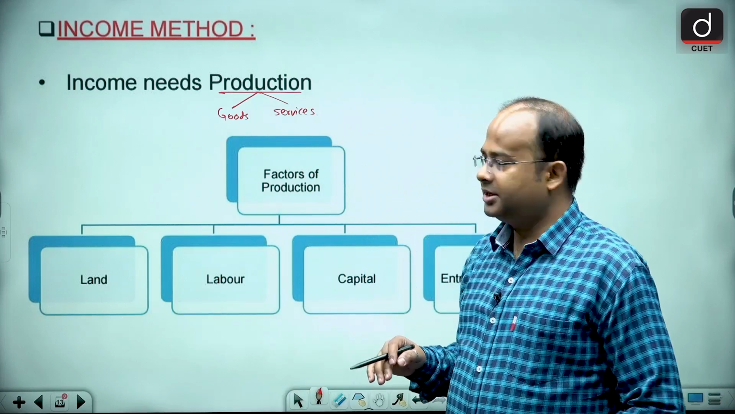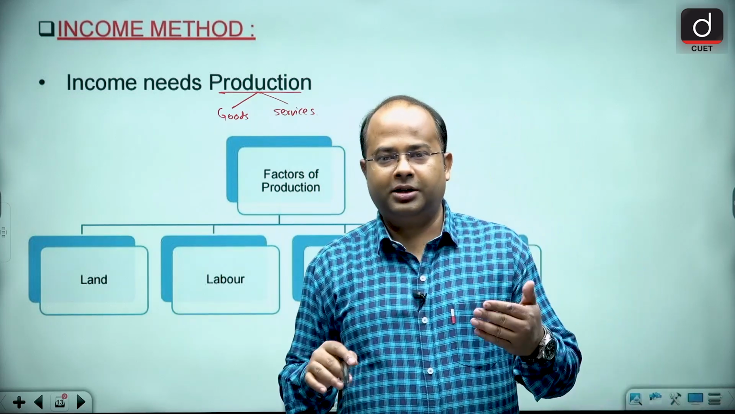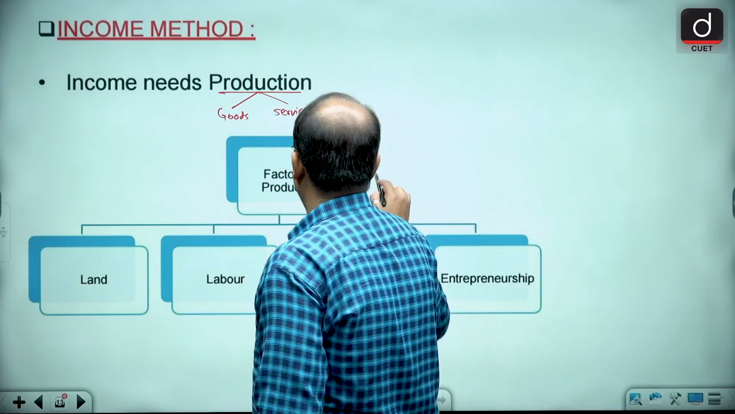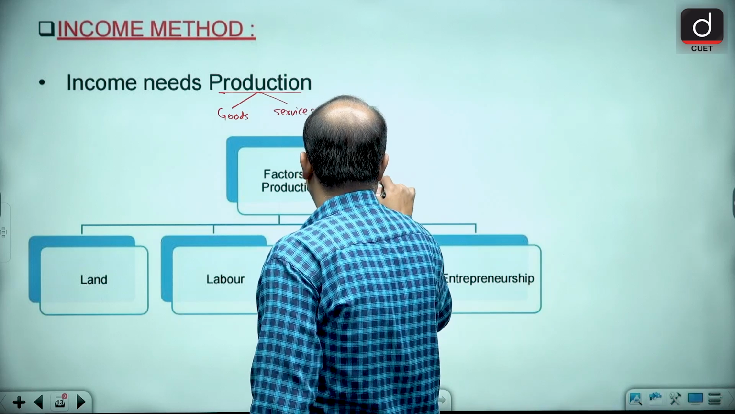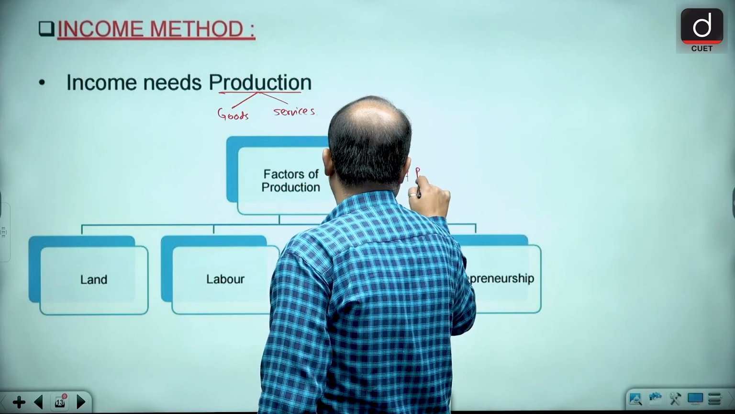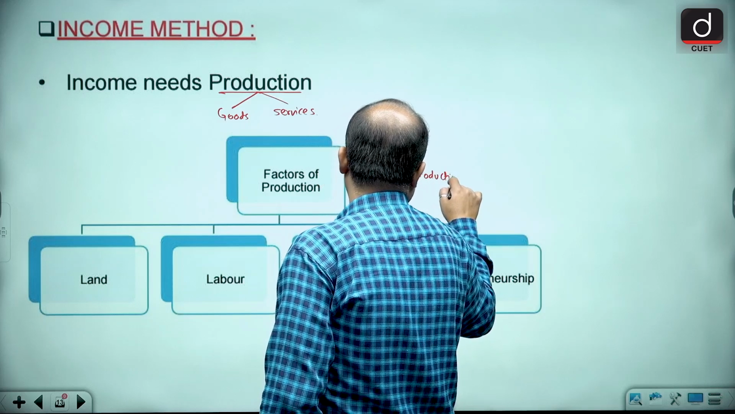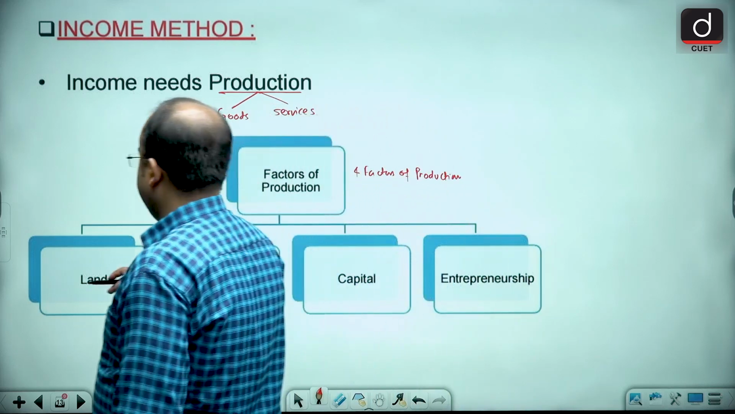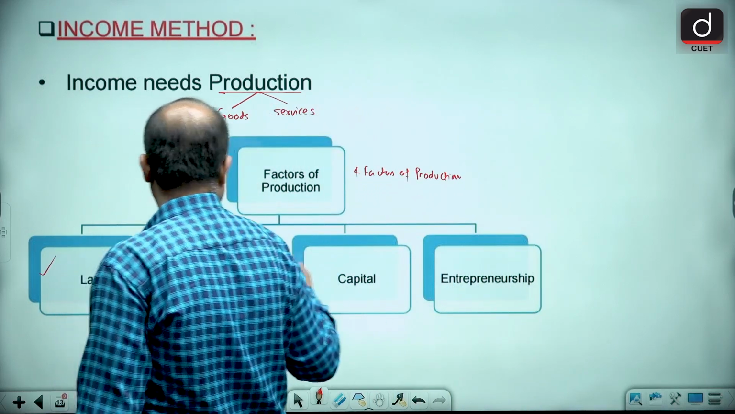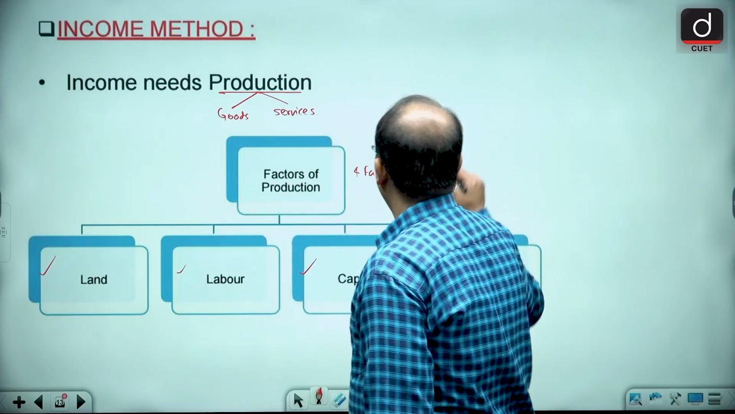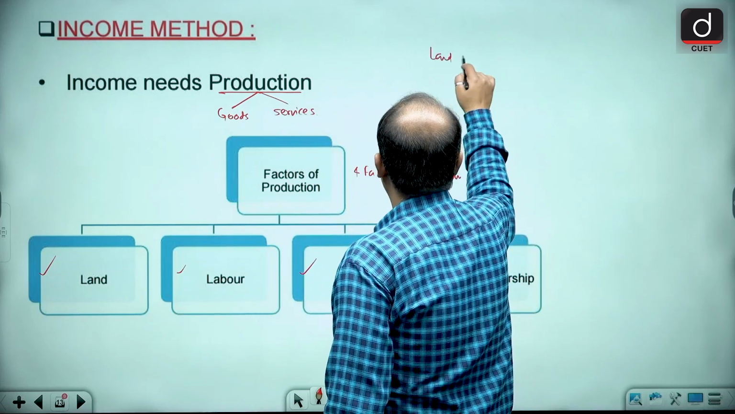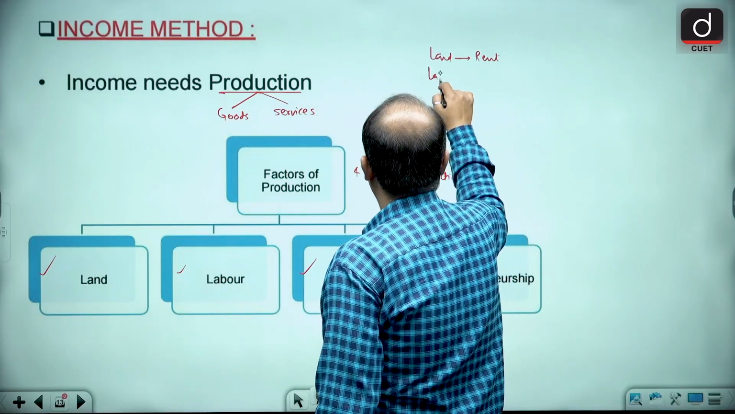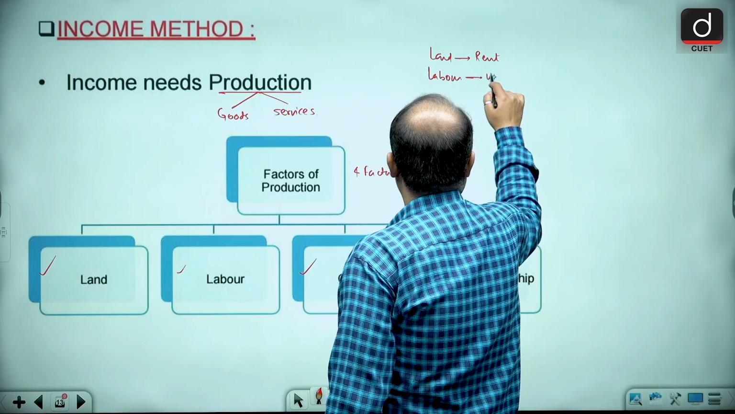Now guys, let's discuss the factors of production, the factors that help in the productional activity. There are four factors of production. Which are the four factors of production? They are land, labor, capital and entrepreneurship. So first of all, from land, what you get? You get rent. To labor, you give wages,